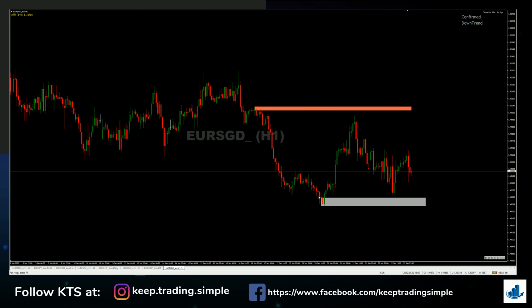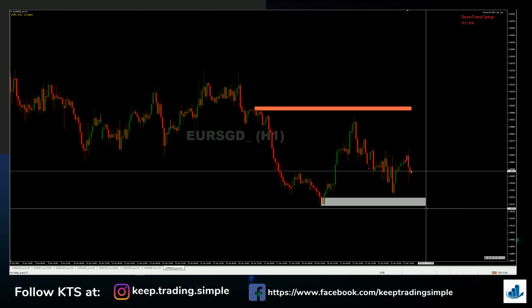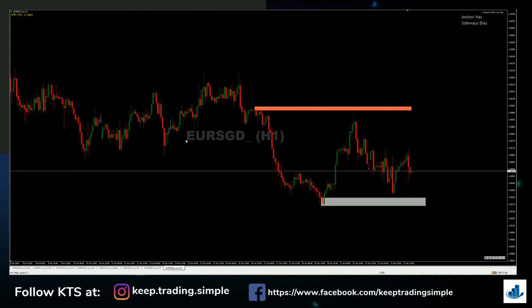All right, not a bad zone again. It's coming. It's touched the very, very top side of that one. The total risk in this trade is about